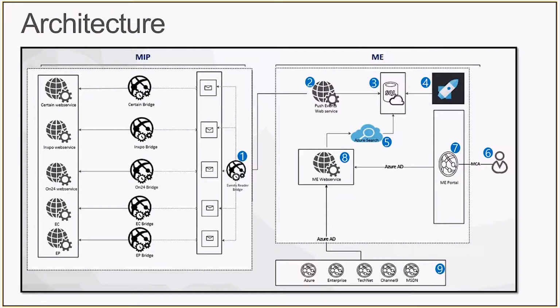We have the events reader bridge, which is another app service that is constantly looking for data on that service bus on this topic, and it gets the events data and then pushes it using a post mechanism to our push events web service. Push events web service basically now is part of modern events, where it is actually validating this data. Again, if there is an event that is published without any dates or a date that is expired for an event, it immediately rejects that.